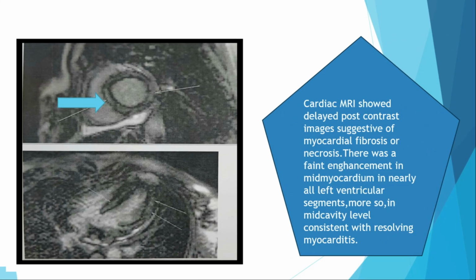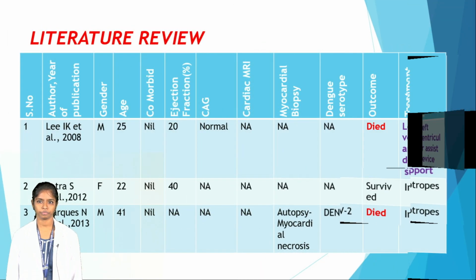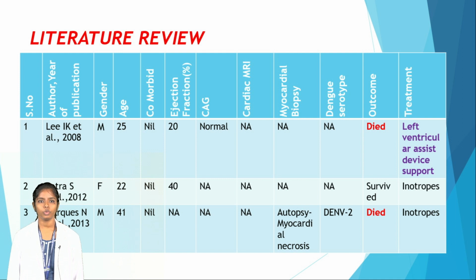This is the cardiac MRI of the patient. Early enhancement indicates hyperemia and late enhancement indicates necrosis. The arrow pointed out shows delayed post-contrast images suggestive of myocardial fibrosis or necrosis. There was a faint enhancement in mid-myocardium in nearly all left ventricular segments, more so at mid-cavity level, consistent with resolving myocarditis. Coming into the literature review, we searched the PubMed database for articles published about dengue fever and fulminant